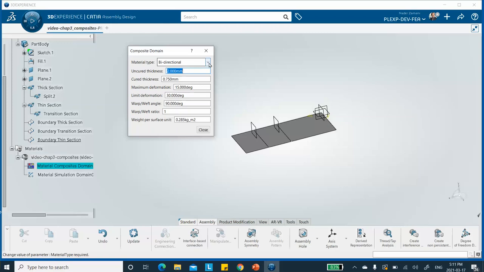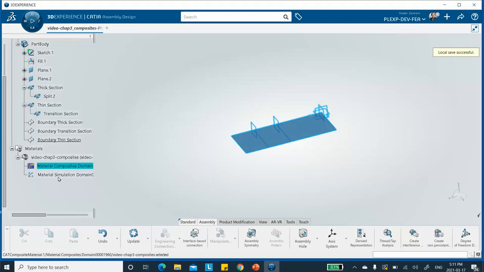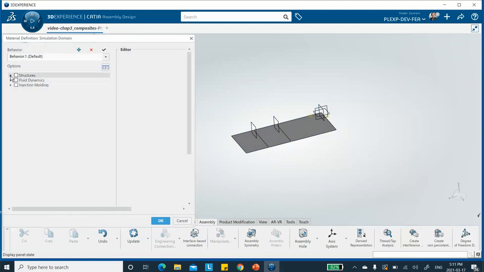This is actually not bi-directional, but changing this has no effect. However, it affects the bill of material if you ever have to make one. So I'll make it unidirectional, as I intended it to be. Now we're going to double click on material selection, material simulation, and go to structures, Abaqus multiphysics, mechanical,